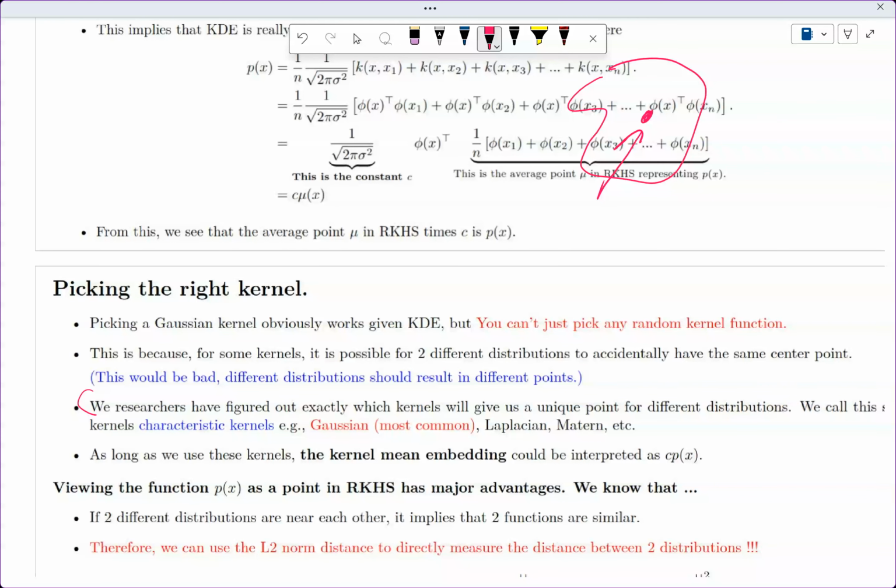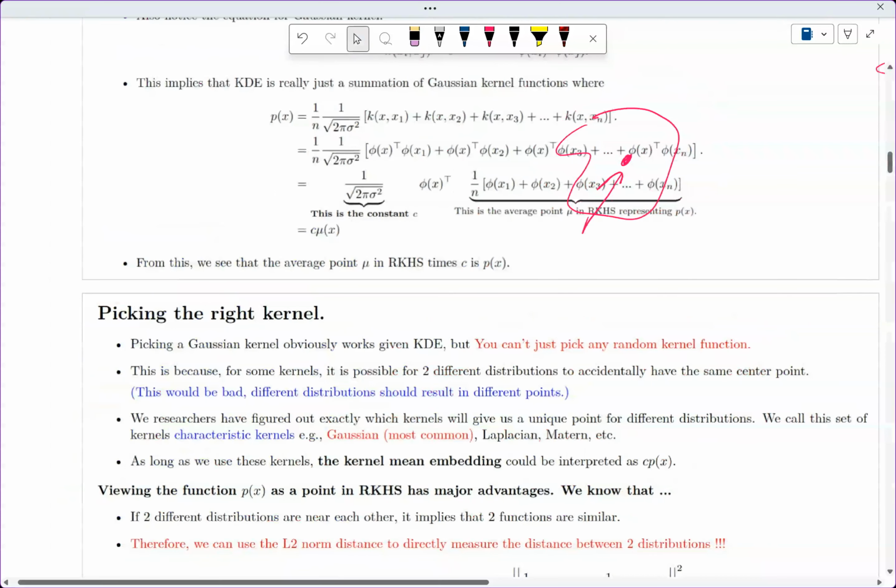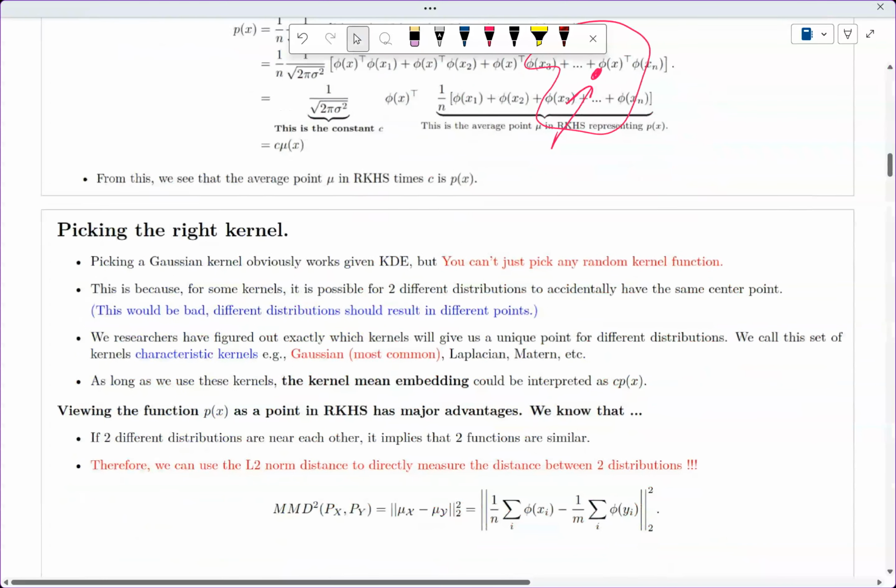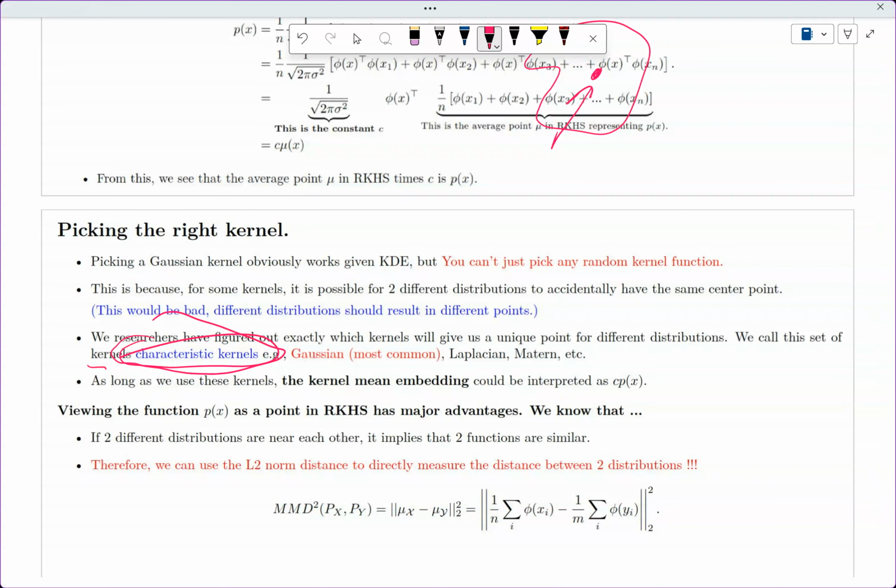So you can't just pick any kernel, right? Us researchers, we basically figure out exactly which set of kernels you can pick and which criteria you will have to satisfy. And we call this set of kernels characteristic kernels. So essentially, as long as you stick with characteristic kernels, you can always treat the average point in RKHS as basically a surrogate for the p of x. Okay,